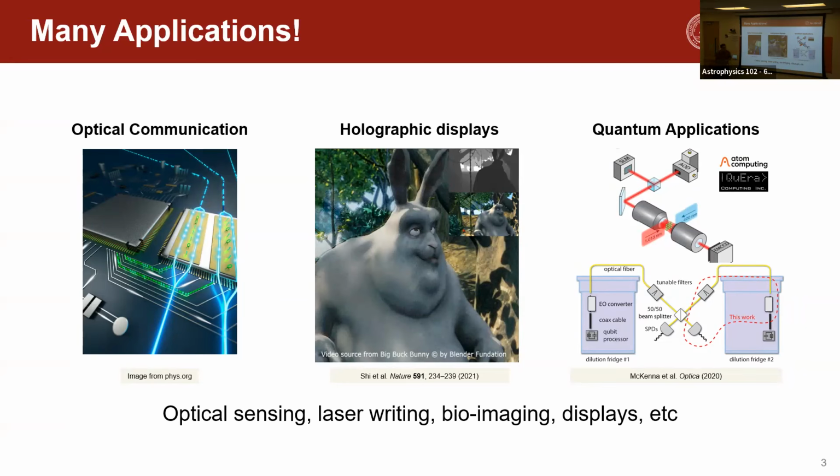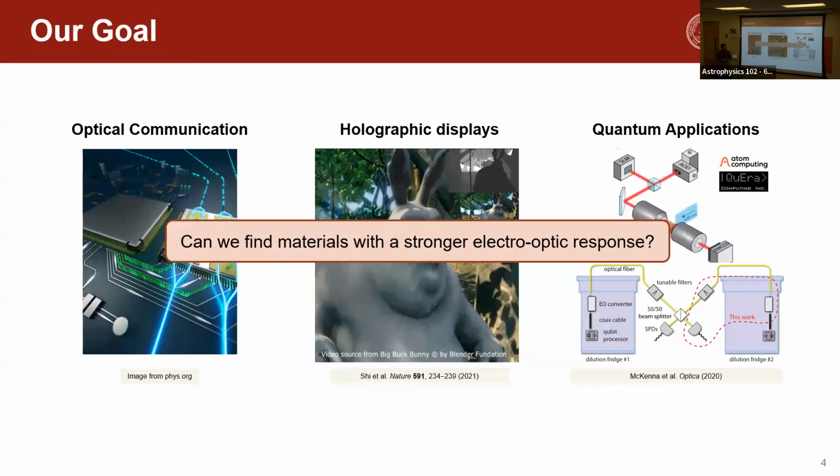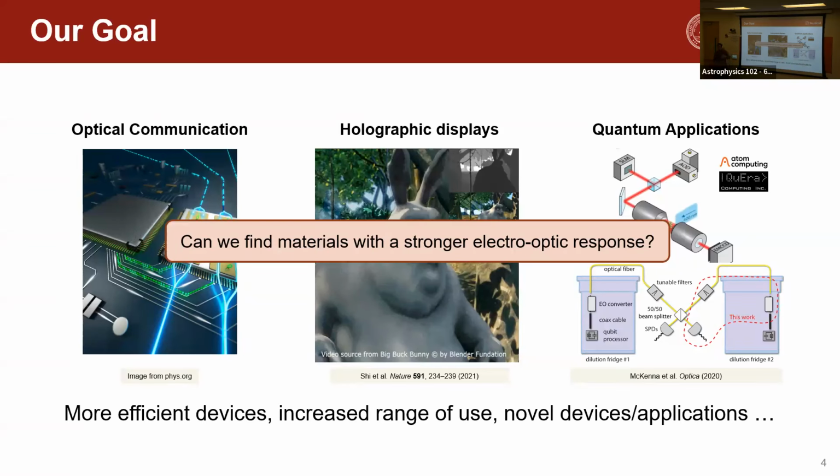Really, the work that we've done in our group in the past year or so is trying to answer the question of whether we can find materials that have stronger electro-optic response than the state of the art currently. This is both to make more efficient devices, but also to open up new applications that are currently not possible with the materials we use nowadays. We've worked with materials that operate at both room temperature and cryogenic temperatures for a number of different applications. But for today's talk, I'll mainly focus on our work on electro-optic materials that have large tunability at these